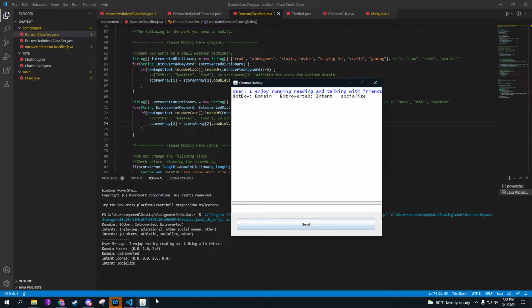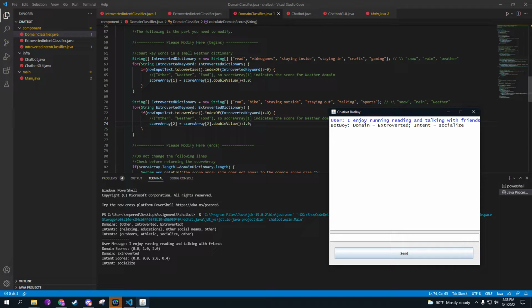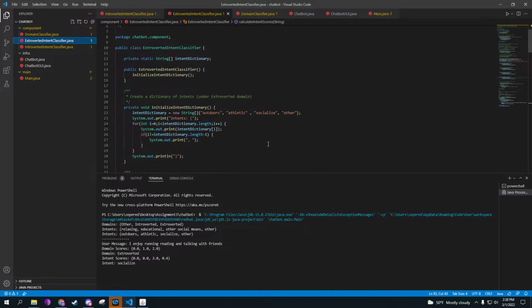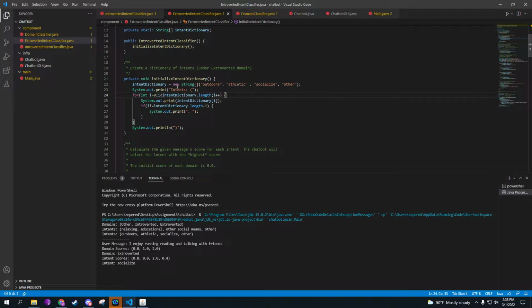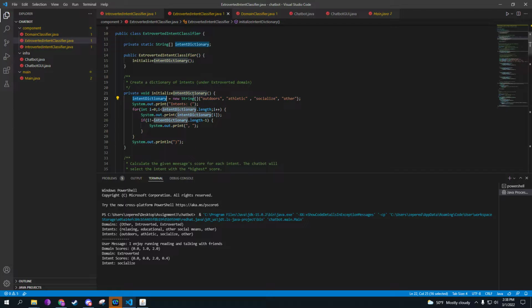So how this ended up triggering, right, is we said, I enjoy running, reading, and talking with friends. This caused it to trigger extroverted for running, which matched run, and extroverted with talking with friends. And then we were in the extroverted dictionary, which comes through to here. And then it went and said, okay, is this person outdoors, athletic, or more of a socializer or other, right? With our intent dictionary within the extroverted intent classifier. So that comes down to